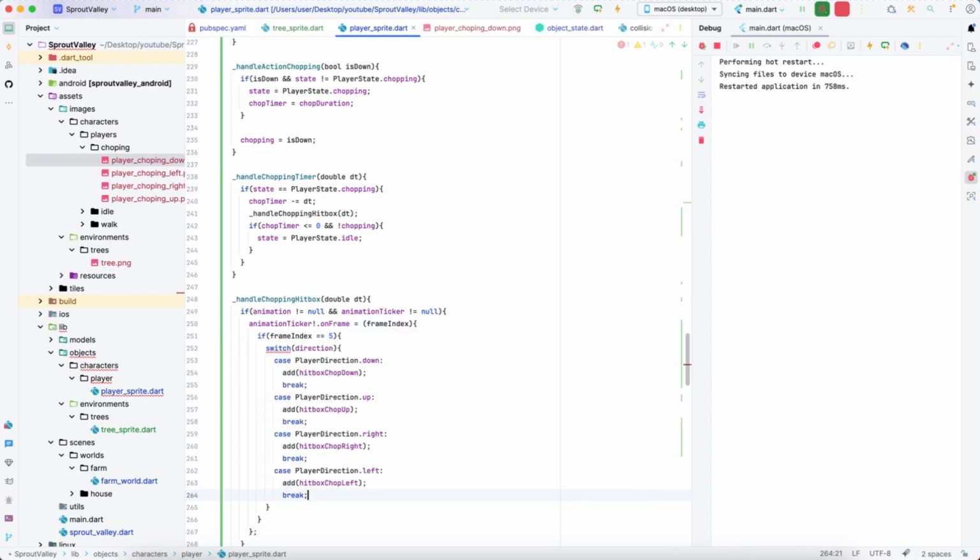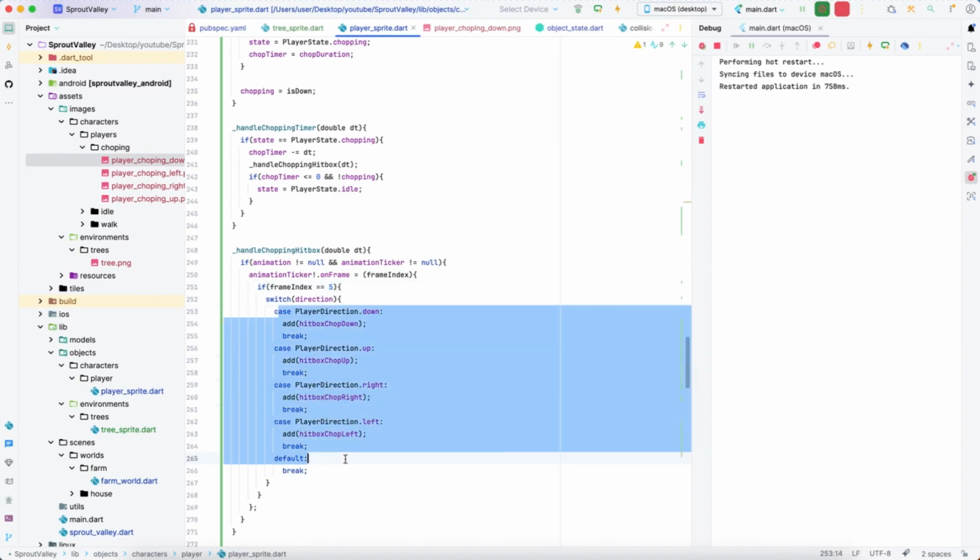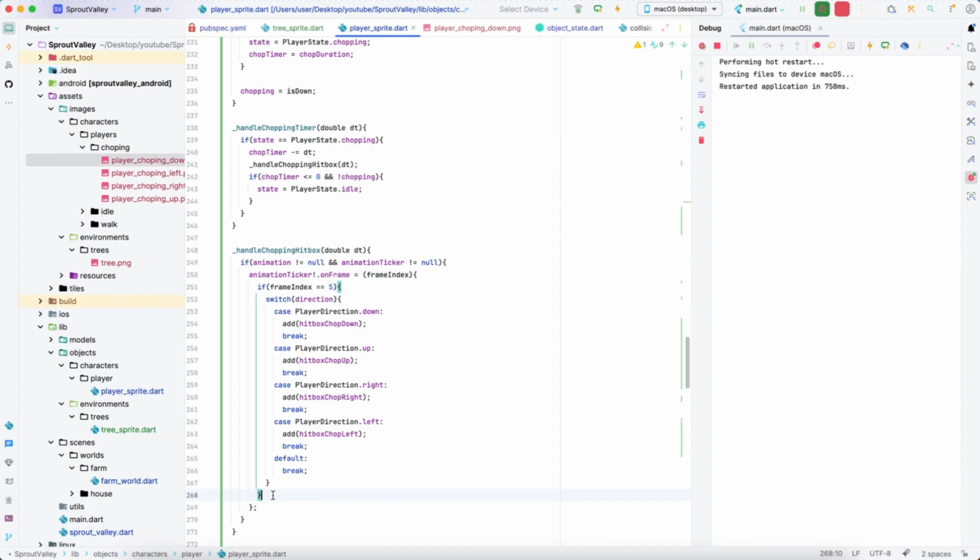I'm gonna use default break. So whenever frame is equal to 5, this will add the hitbox, but